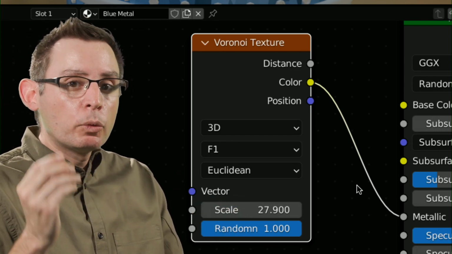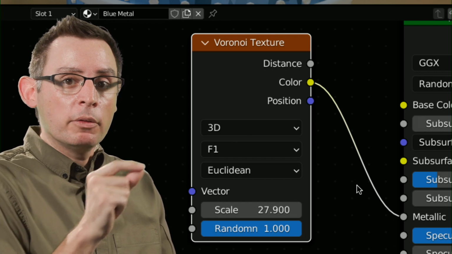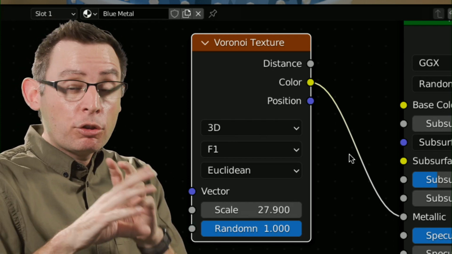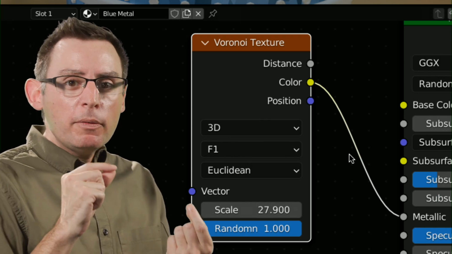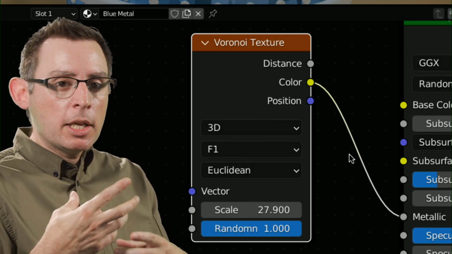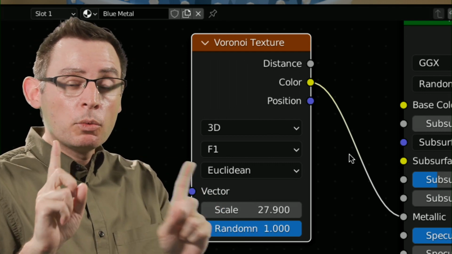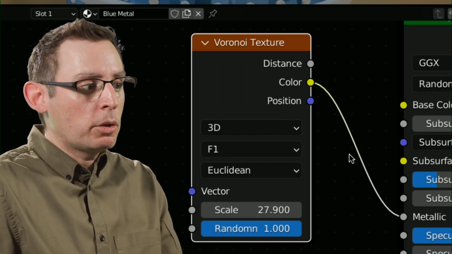The metallic value really does want to work off of a value scale of 0 to 1, but we're feeding it color information, RGB 3-channel color information. Previously, we used the color ramp node to get it from RGB color information into a 0 to 1 scale, a black and white value scale.